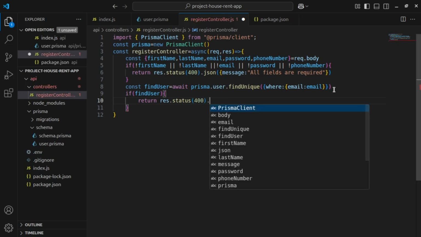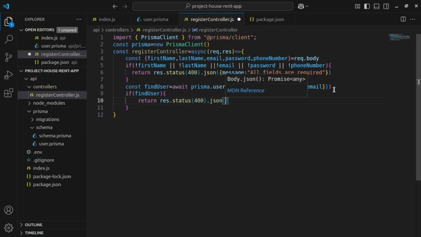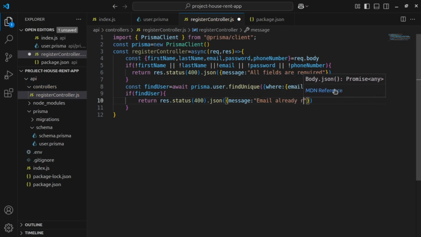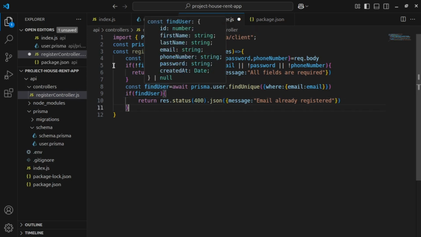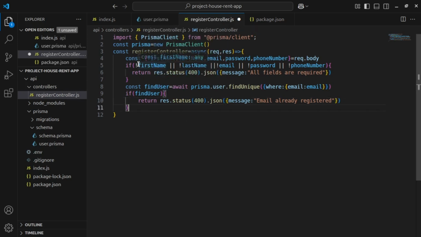Now response.status.json, message: email already exists, email already registered. So if the email is not registered and all the values have a value, now we will register the